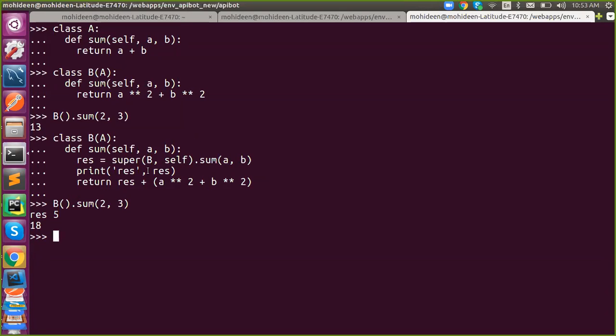So the syntax is what? B comma self. What does it mean? Why am I using B instead of A? The reason is you are inheriting, right? While inheriting, A's property will move on to B. I told you before, it gets overridden. It means when you create a method, before it gets overridden, it will reside in B. Once you finish with this method, only then will that method be overridden. Until then, it will reside in this.